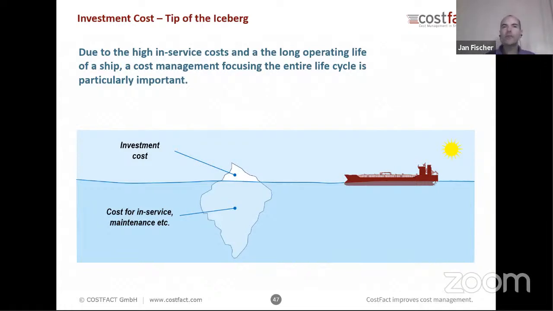So the entire cost which incurs every year during the in-service phase for running the ship, for the operation, for the crew, for maintenance, for sustaining maintenance and replacements after some years. Typically the idea of the client is to try to reduce the total cost of ownership. And sometimes it might happen that increasing the investment cost, so the cost for the shipyard for building the ship,